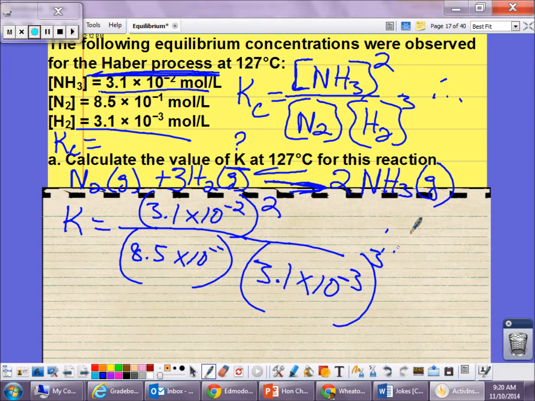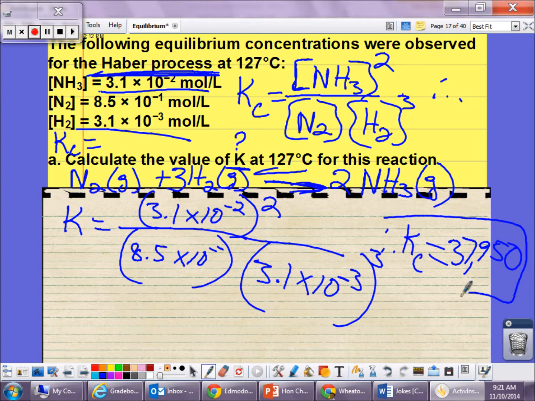Therefore, K equal, can someone tell me? 37,000. I hope other people have tried, because it sounds very large to me. I always need all of you to try to make sure we have the right answer. What is it? 37,950. And we said you don't use units